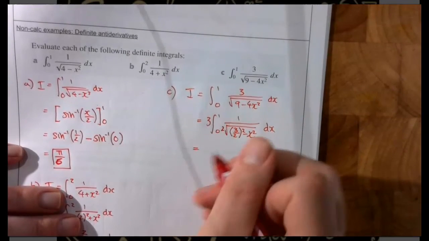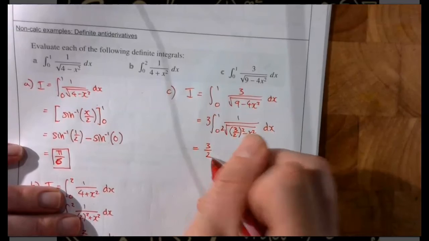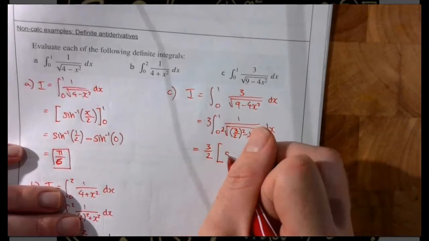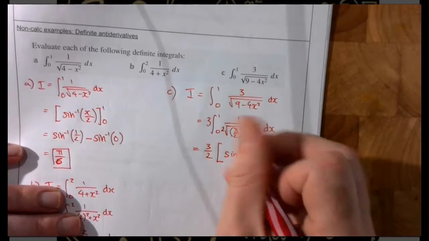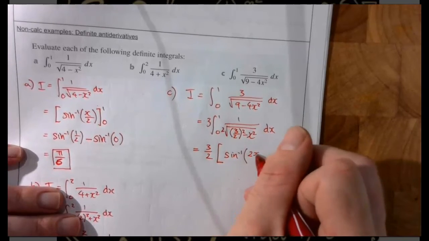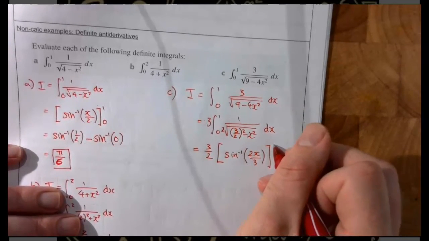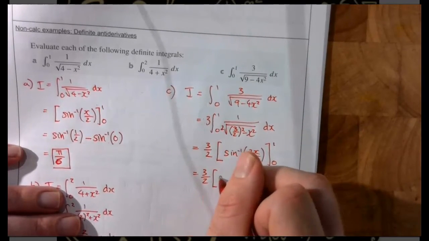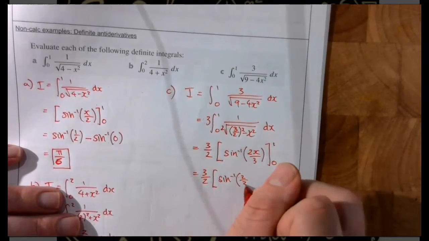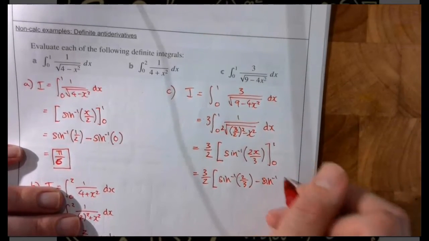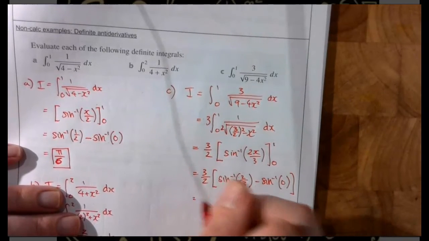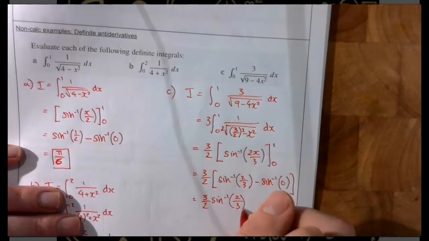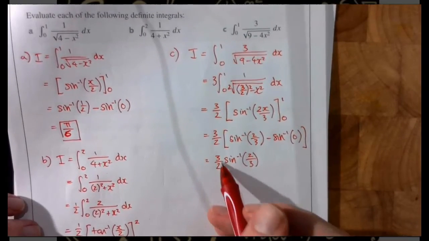This now matches my form exactly, so I have 3 over 2 from the constants here, times sine inverse of x divided by 3 over 2, so that's 2x over 3, evaluated between 1 and 0. So my answer is going to be 3 over 2 times sine inverse of 2/3 minus sine inverse of 0. The sine inverse of 0 disappears because that is 0 itself, leaving me with 3 over 2 sine inverse of